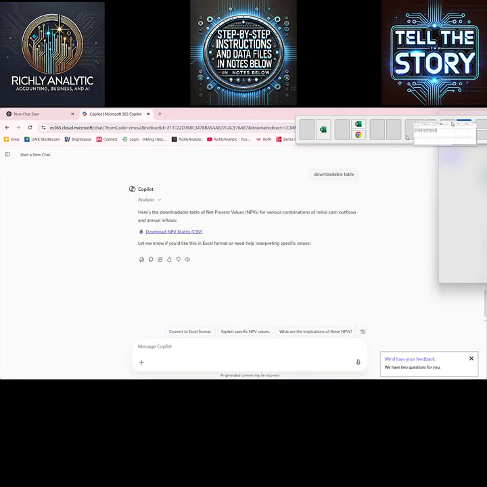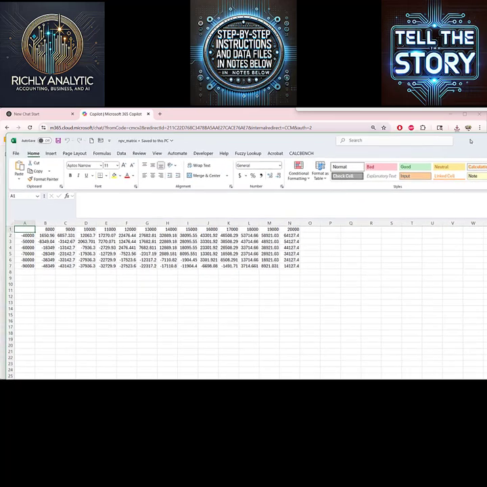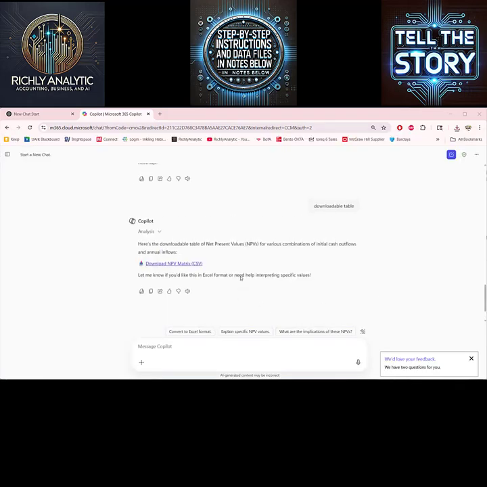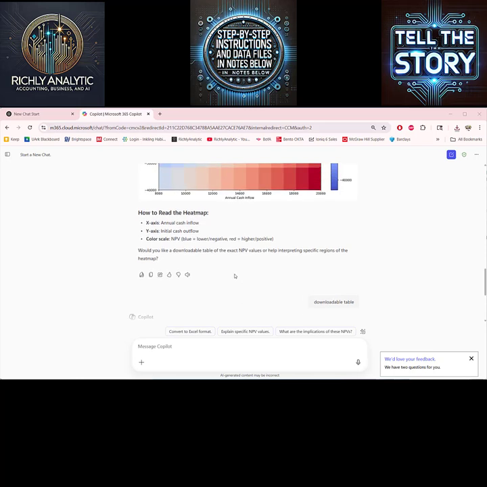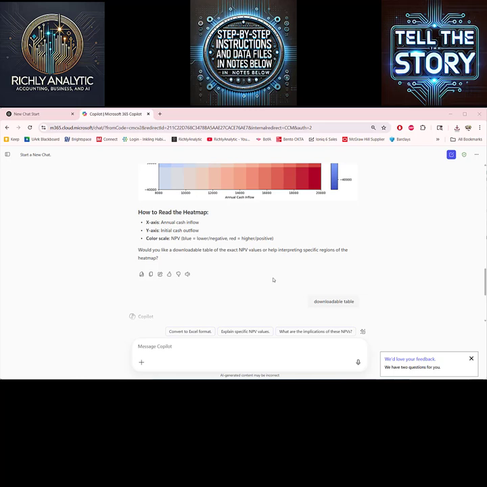I have it opened up here, and you can see what that looks like. You can see the values provided here and how they vary depending on the outflow and the inflow. It's not described really well here, so we're going to have to quickly update that. We could also cut and paste the visualization, or we could say, hey, please give me a heat map.